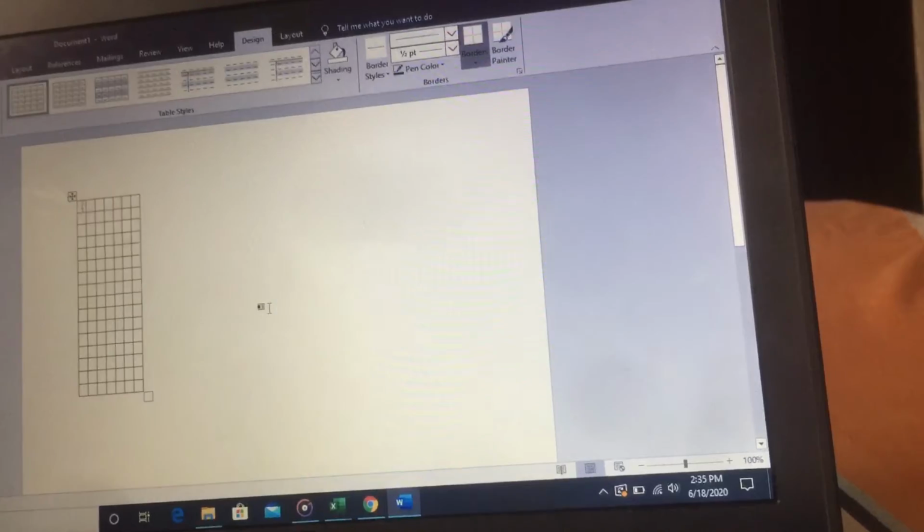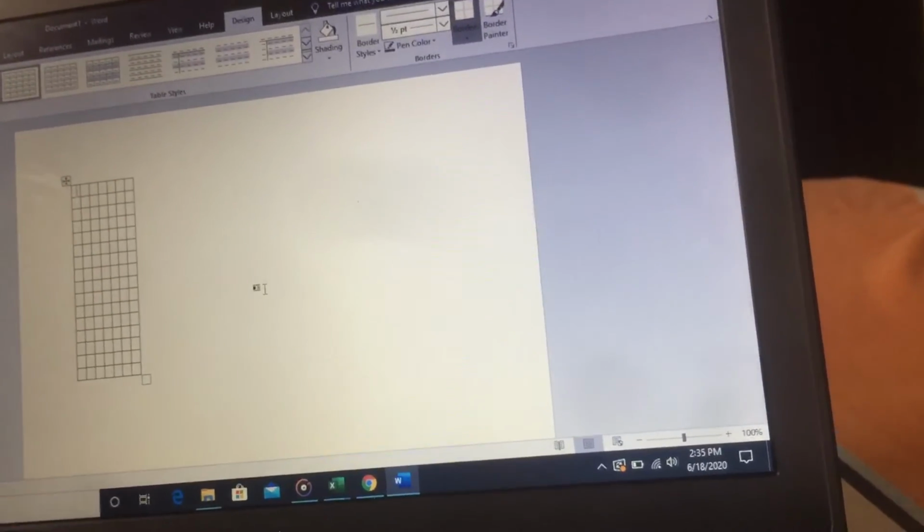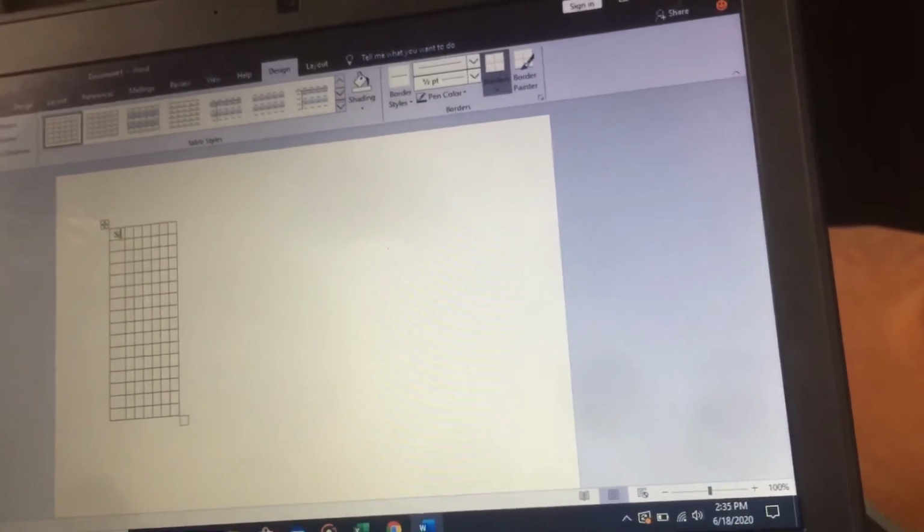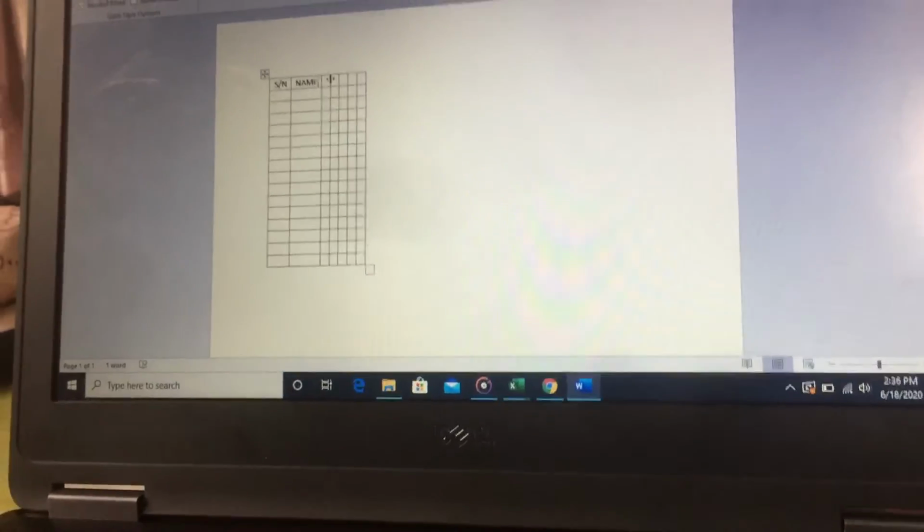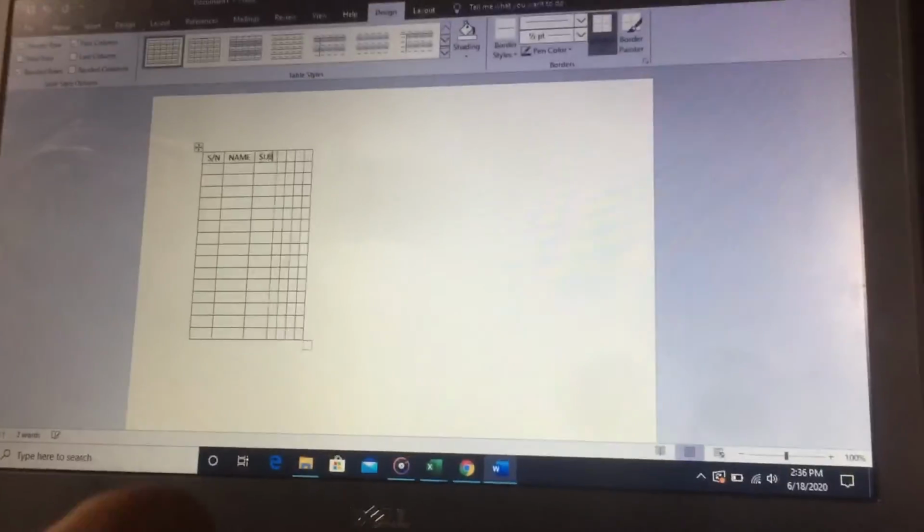Once you click OK, my table is up. You see how small it is, right? But as I type, it will expand. So my first is serial number, so I'm going to put it down as S/N in the first cell. So once you want to enter in the next cells, you take your mouse pointer there and click on it. Okay, so that's the next thing. So I'm going to enter name, then my cells are expanding, then the next one is subject,